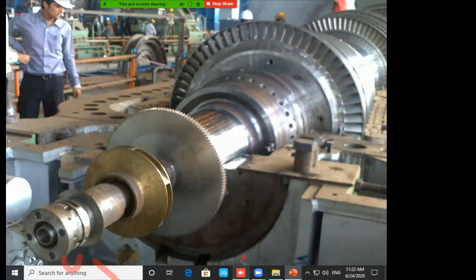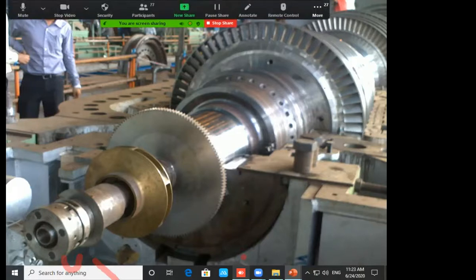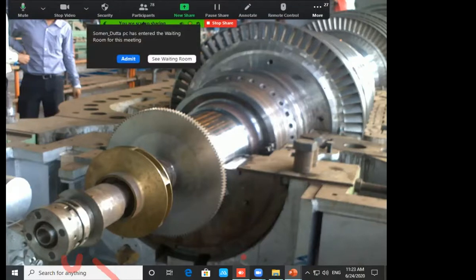So this is another arrangement of a double flow IP turbine. Now you can see the HP turbine, where a gear is maintained over here to measure flow. The speed is measured through this gear. Another pump impeller is mounted over here. That is a brass pump, that is the primary oil pump. Those are speed measuring devices.